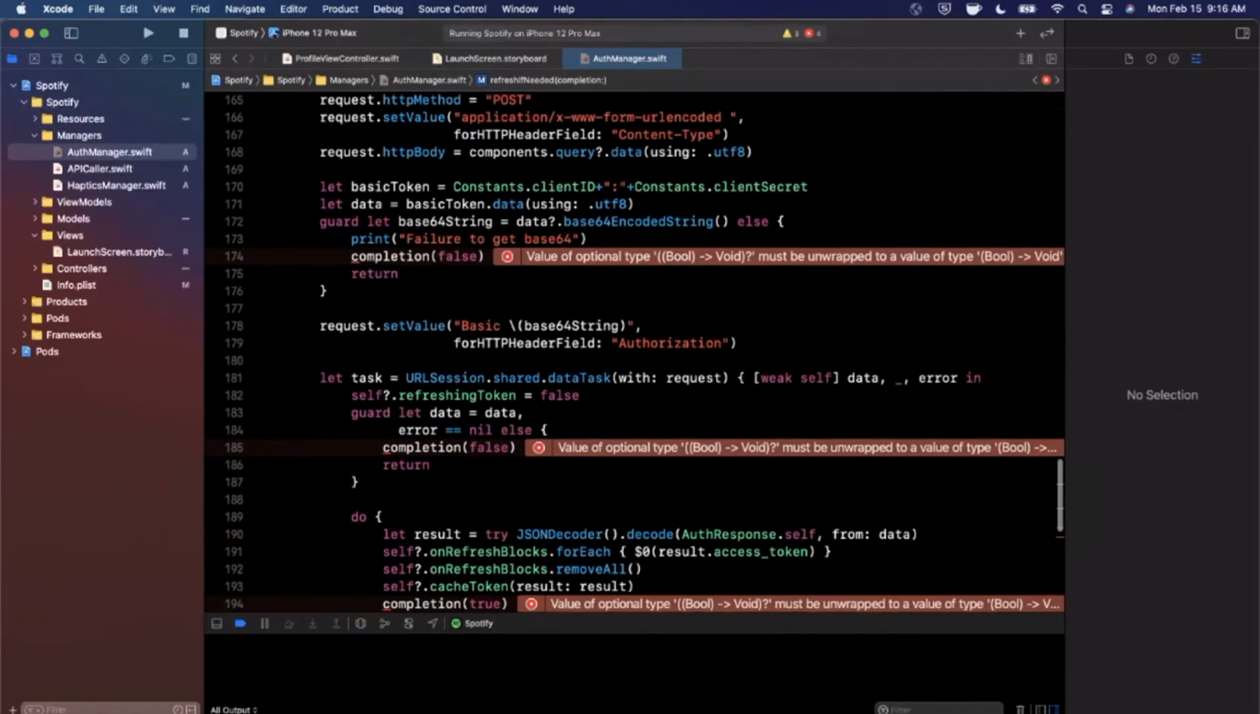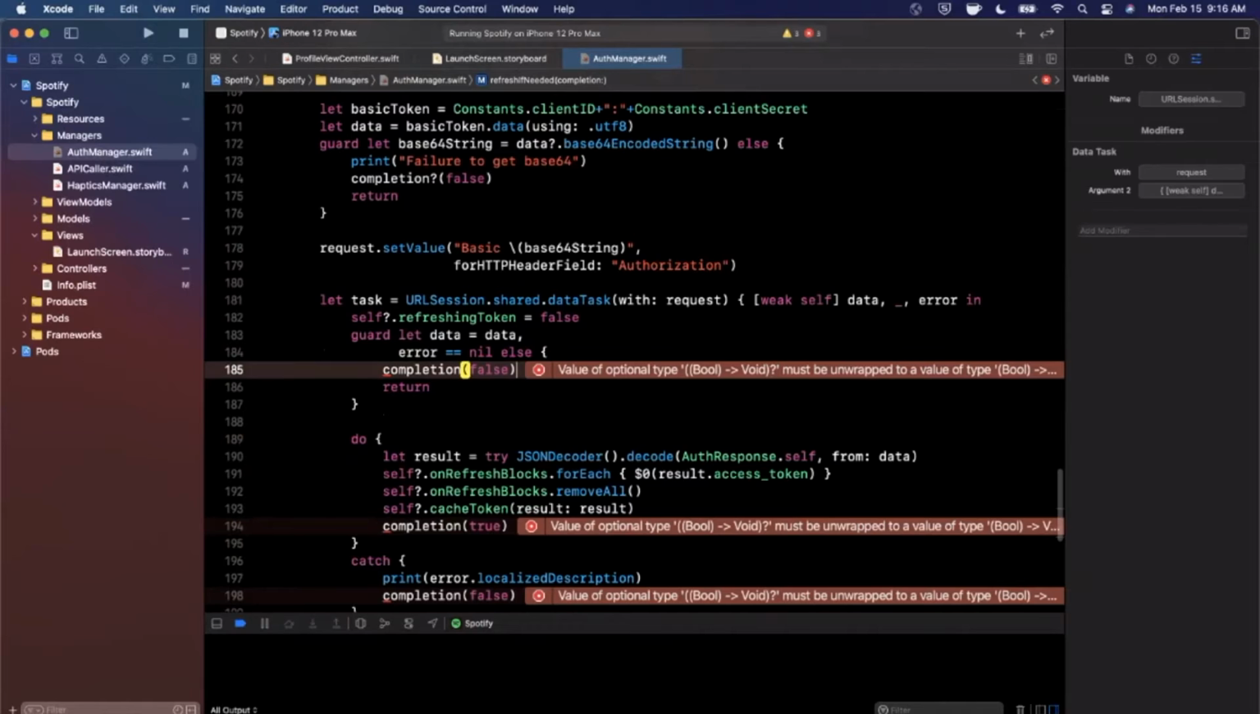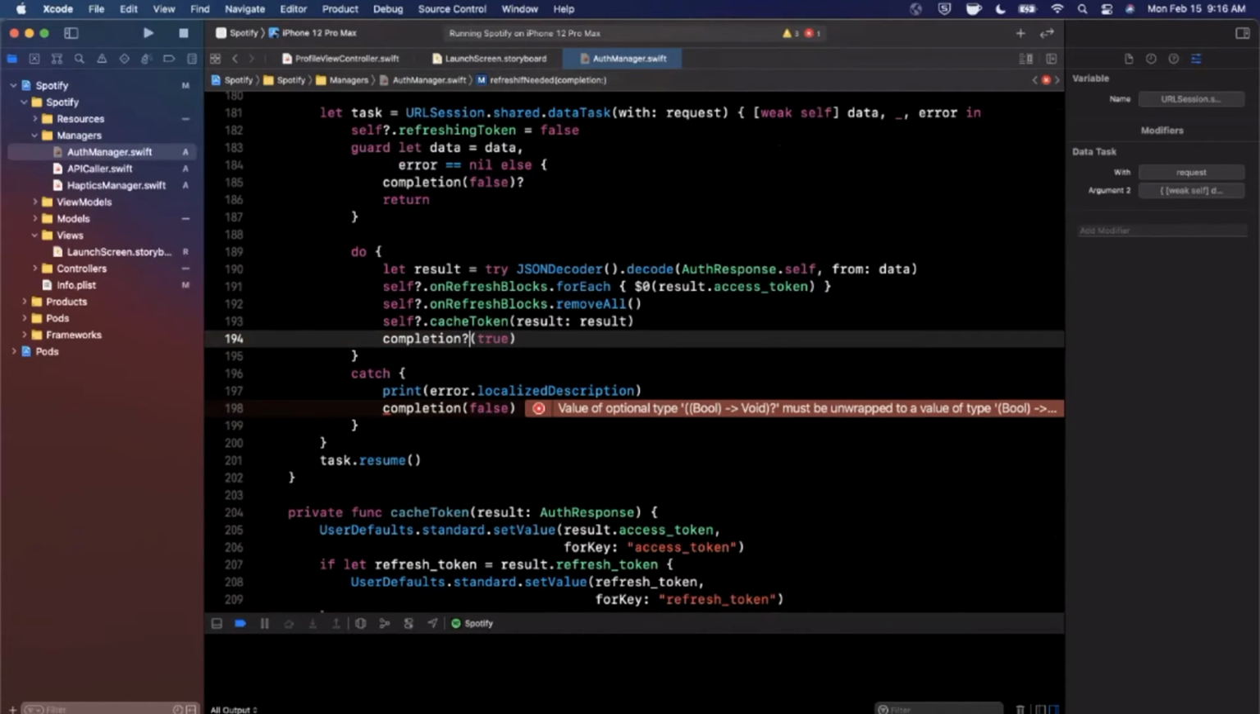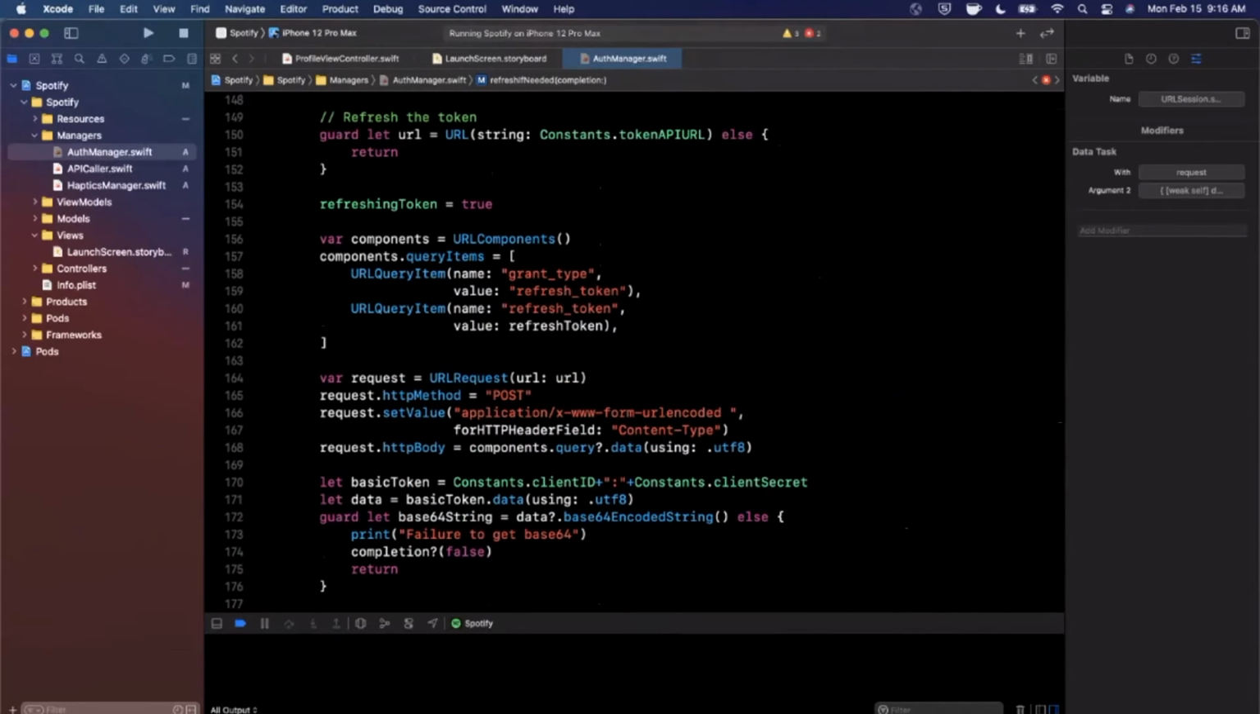Let's see. We also have to do it at the bottom here. Let's add a question mark to make that optional. Same thing with this one here, and this one here. So the reason we made it optional is because the other thing I want to add